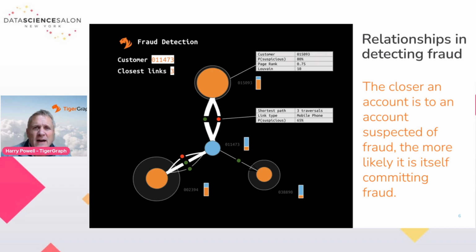So if I happen to share a mobile phone number with someone who's a suspected fraudster, it's quite likely that I'm a fraudster. But it can go much deeper than that. Maybe there's 2 or 3 steps, 4 steps, 5 steps between us. I share a house with someone who shares a mobile phone with a business colleague who has a fraudulent account. Whatever it is, there can be a number of steps, and tracing through all those steps is possible